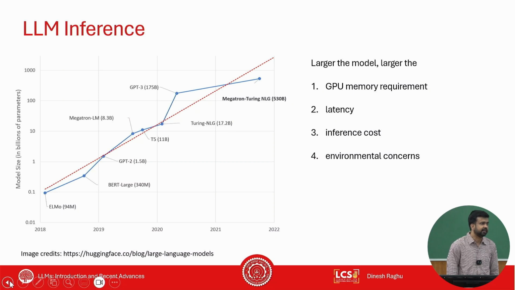Third is inference cost. If you have an application deployed which uses LLMs, of course you'll be worried about how much money you're going to spend to serve a single user, right? And the money that a single user is going to pay you should be more than what you invest for that user, right? So if, for slightly more improvement in accuracy, you have to spend a lot more, then it doesn't seem commercially friendly, right? So of course inference cost is going to be one of the biggest dimensions.